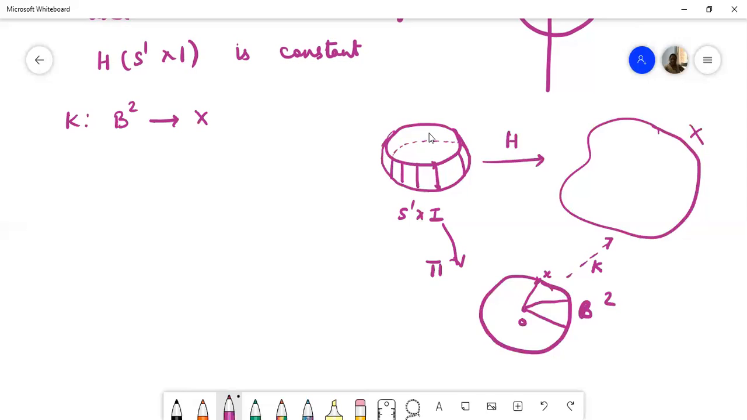Now how do we define, let us say, this is h of S1, small h of S1, because small h maps S1 to X. So let us say this is the image of the circle S1 under small h, and say this point is a fixed point such that